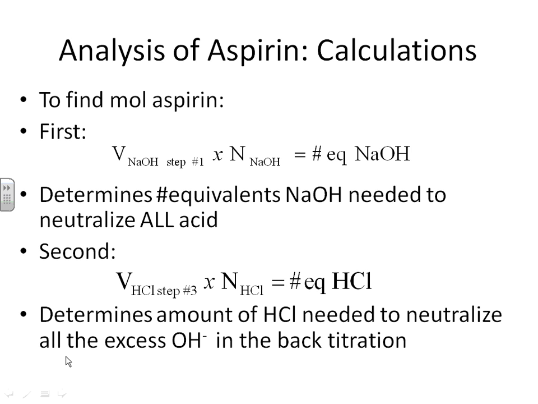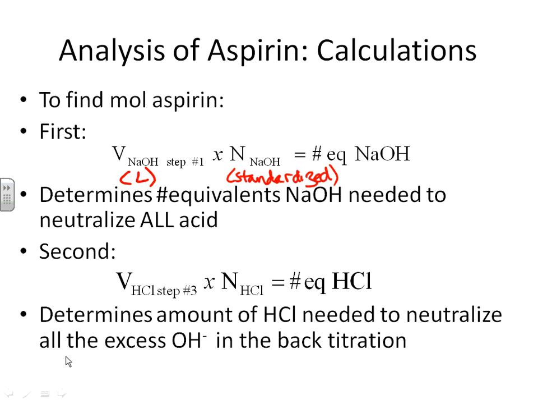First of all, in the first titration, where you are neutralizing all of the acid impurities in your sample with the sodium hydroxide, you can figure out how many equivalents of sodium hydroxide you needed to do that. It's very straightforward. You just take the volume of your sodium hydroxide, which by the way has to be in liters, not milliliters, times the normality of your sodium hydroxide, which you standardized, and you know that to 4 decimal places. And that's going to give you the number of equivalents of NaOH that you needed,